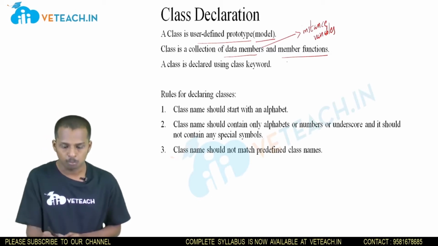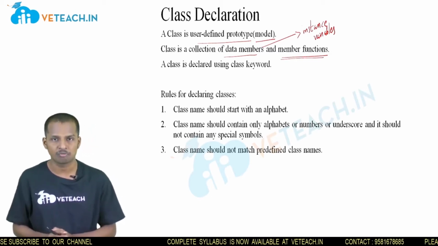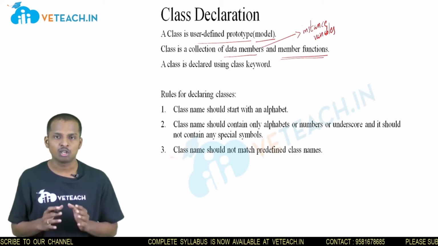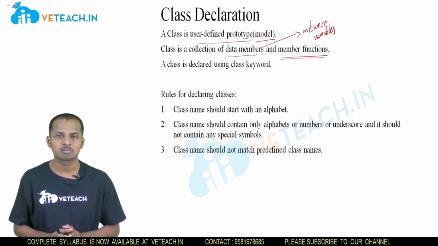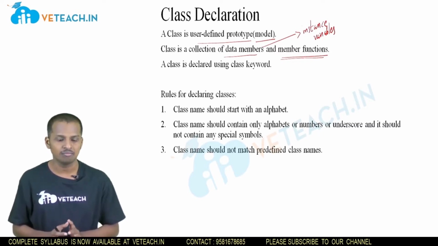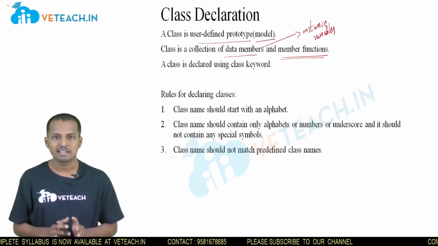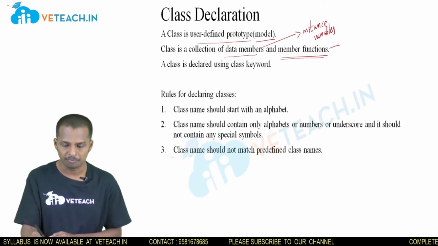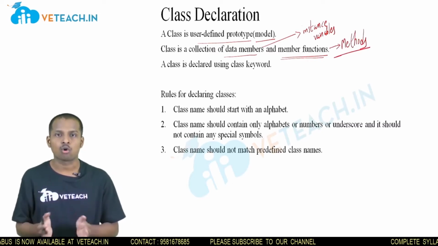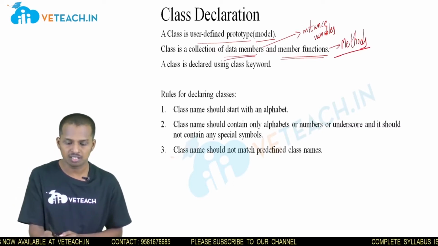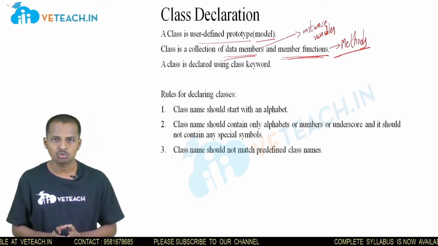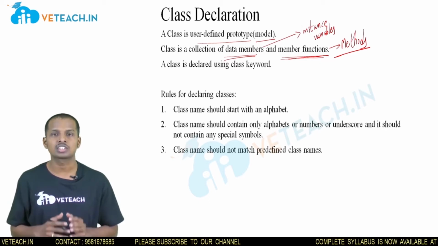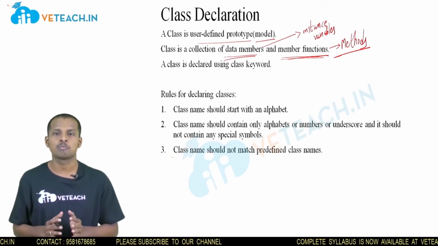And coming to member functions, what is a member function? We call the set of instructions enclosed between braces in C and C++ functions. In the same way, we call them methods in Java. So a class is a collection of data members and member functions. Data members are used to store values, and member functions contain a set of instructions to perform a task or an operation.